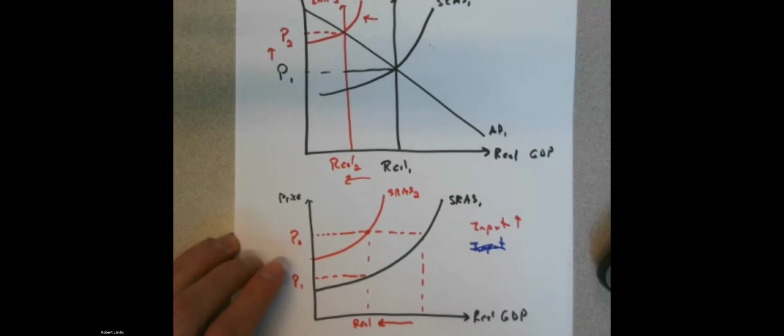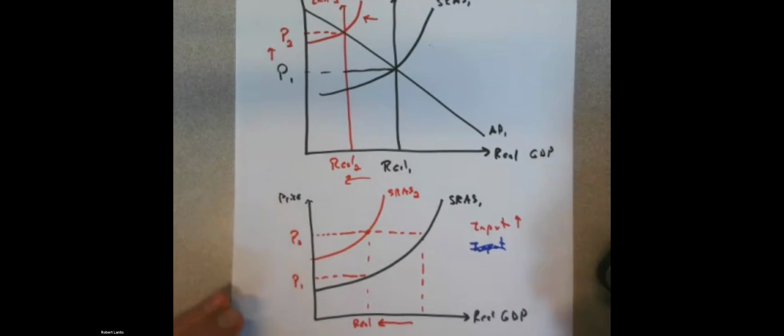If initially I can sell a product for $10 and my input prices are $10, I'm breaking even. But if it now costs me $20 to make that, in order for me to want to sell it, I'd have to at least be able to sell it for 20. So two different ways of thinking about when we have these changes in input prices,